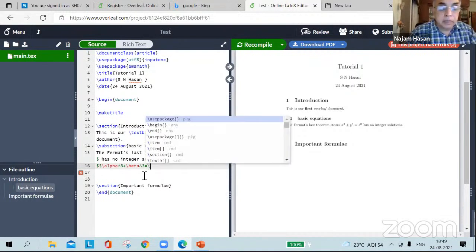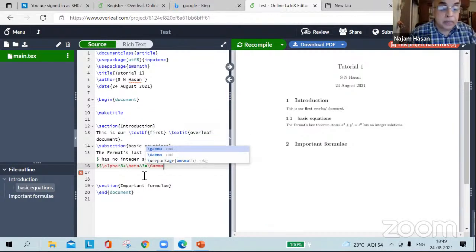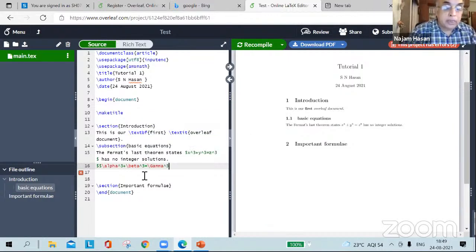So this time, if I write capital Gamma with capital G to the power of 3 and $. So when I start with $$ and end with $$ and I compile it,